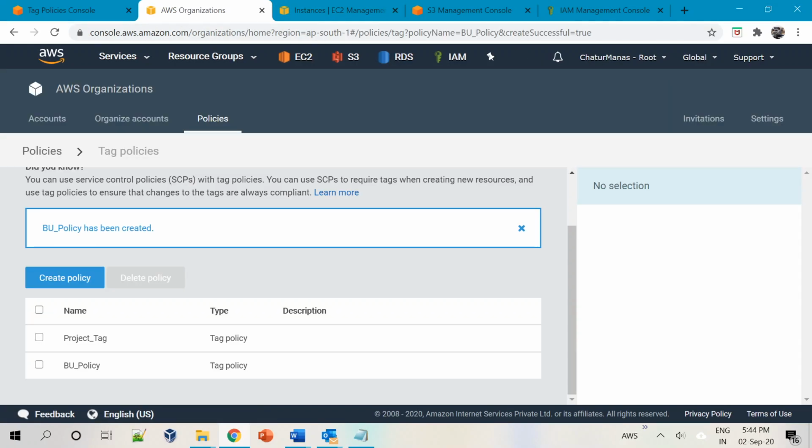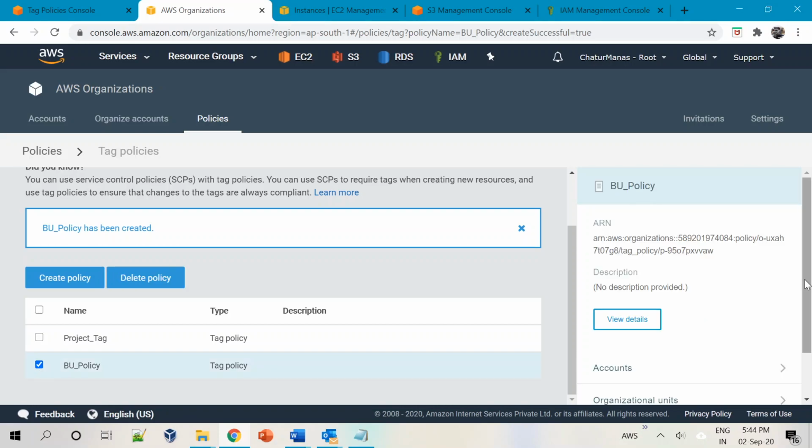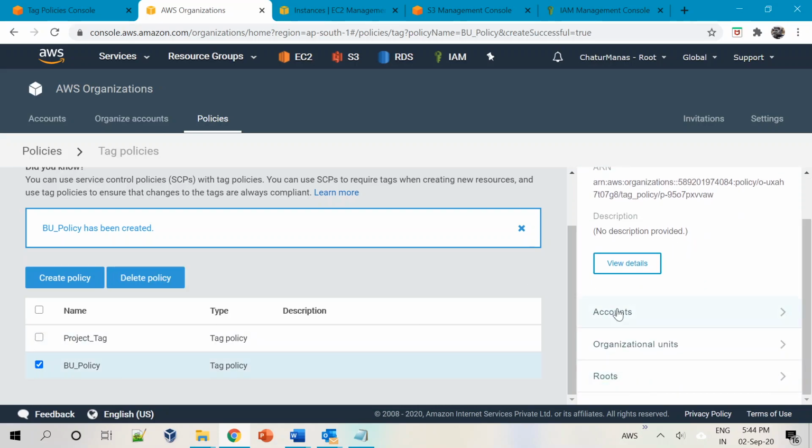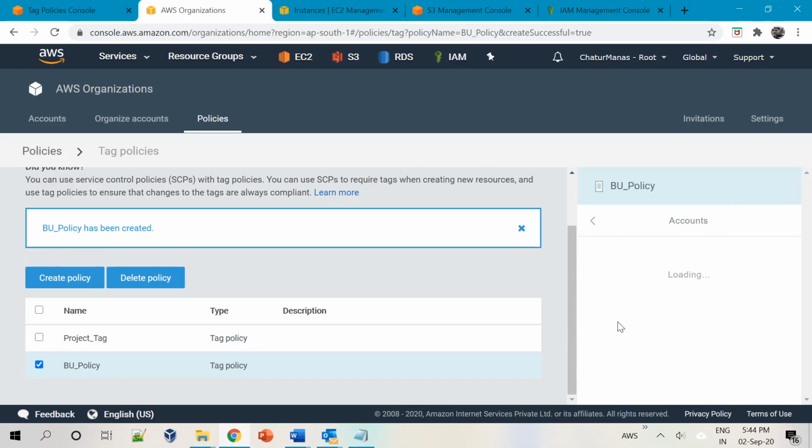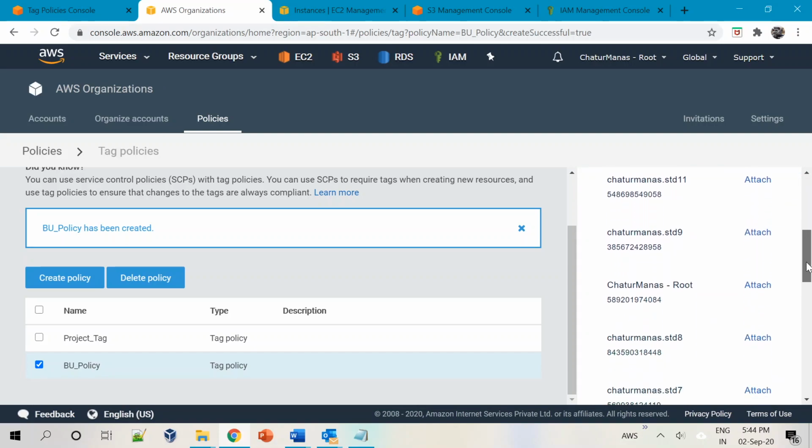Okay, go to organization and we have created this BU policy. This is what it is. There is something called accounts. I had to attach this policy to this account. Let's attach this one to root. This is the root account, right? I'll attach it. So you can always decide to create these different policies and attach them to the